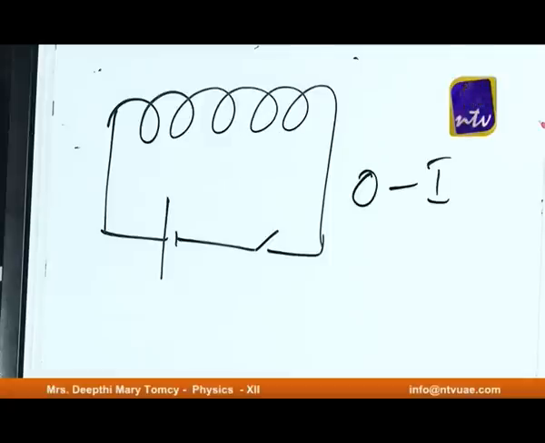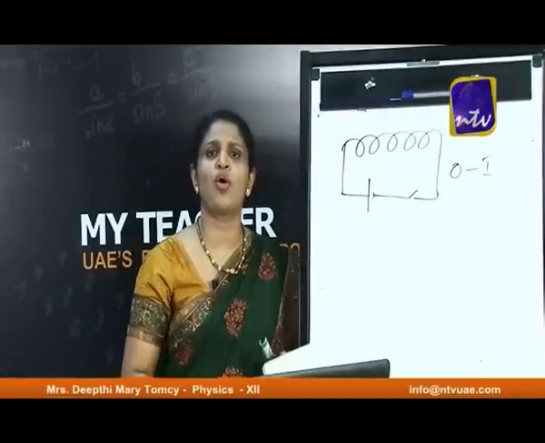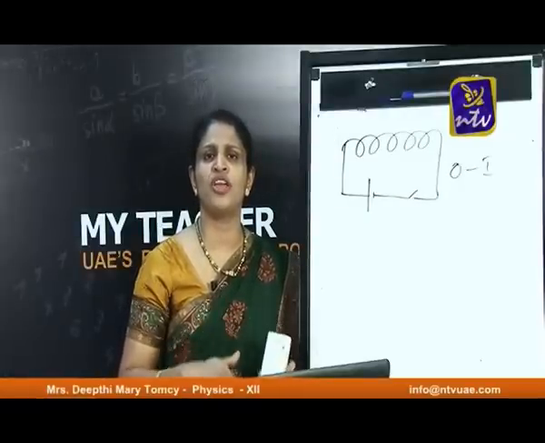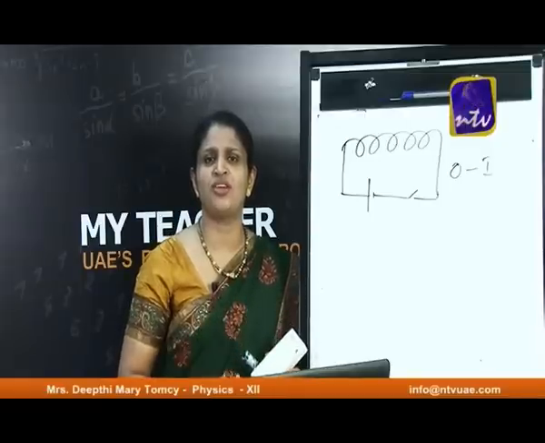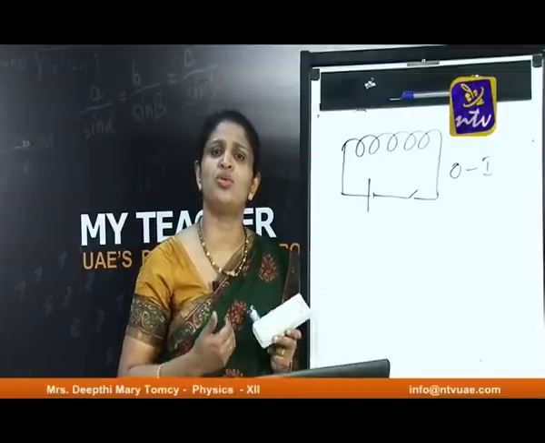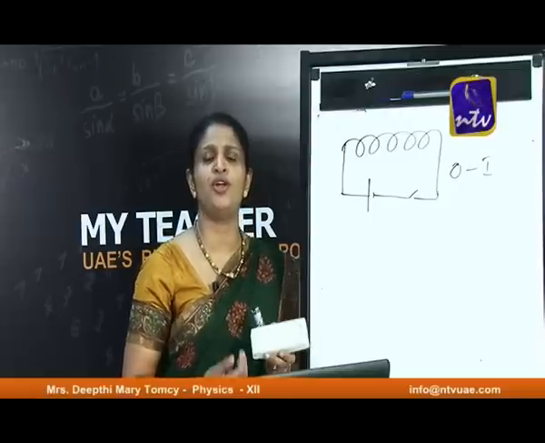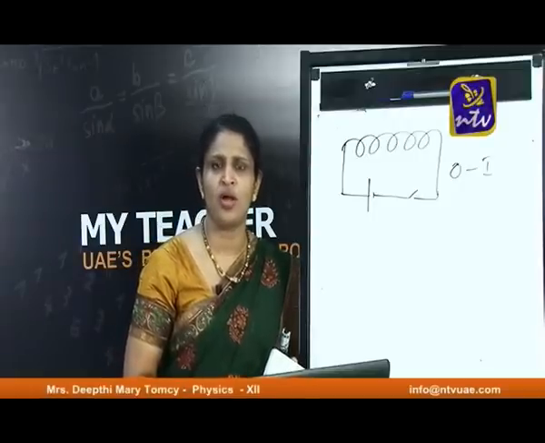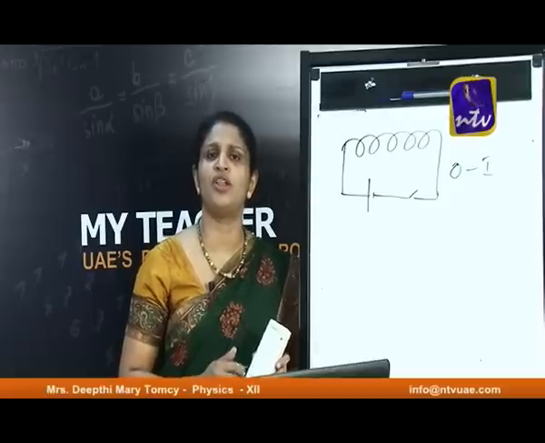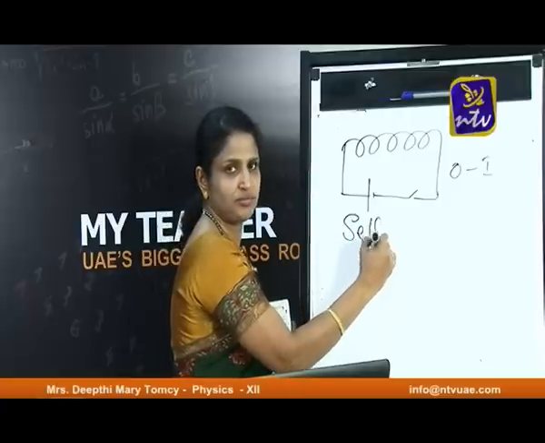So during that change, there is a change in magnetic flux, and due to this change in magnetic flux, inside the coil itself an opposing EMF is developed because of the change in magnetic flux linked with its own coil. That process by which the coil induces a back EMF due to the growth of current or due to the decay of current in the coil is called self-induction.